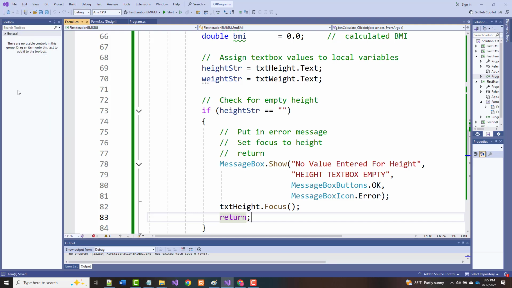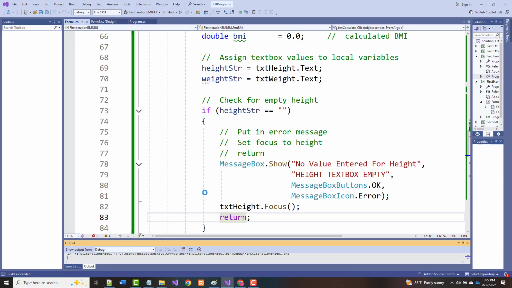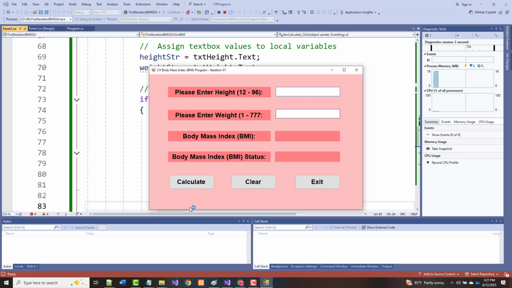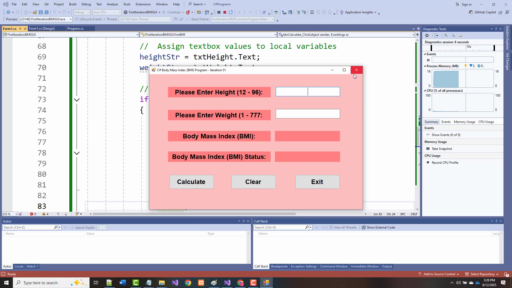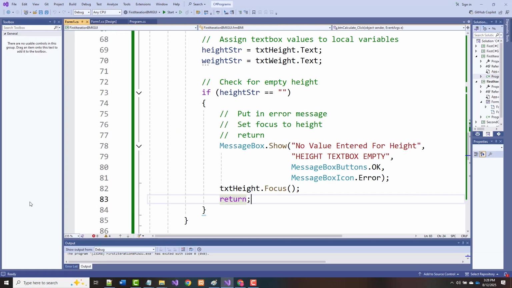So let's do a File, Save All. This is the only thing we're accounting for right now, an empty height. So if we leave that empty, height text box empty, no value entered for height. Well, that's good. Now, I'm going to put other checks in here, but for now,